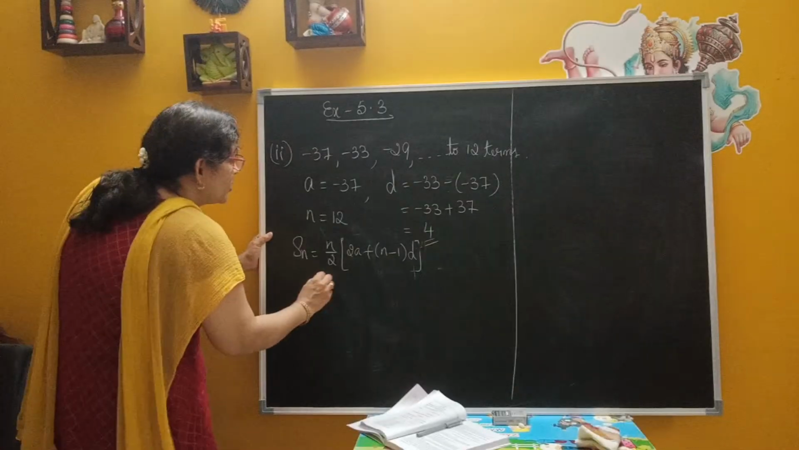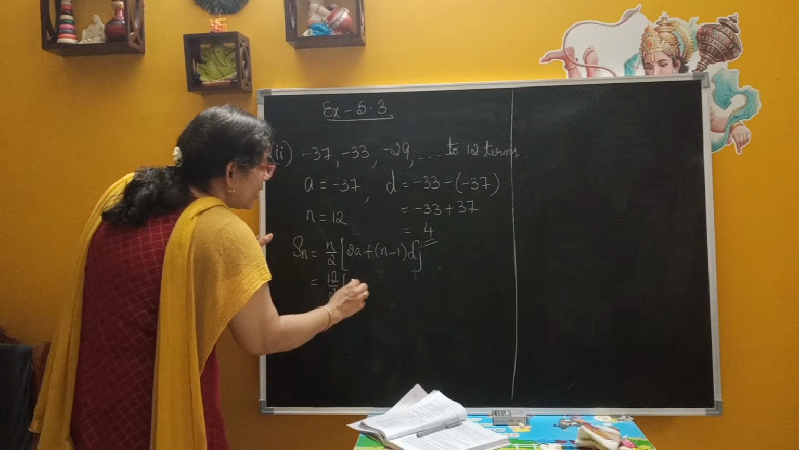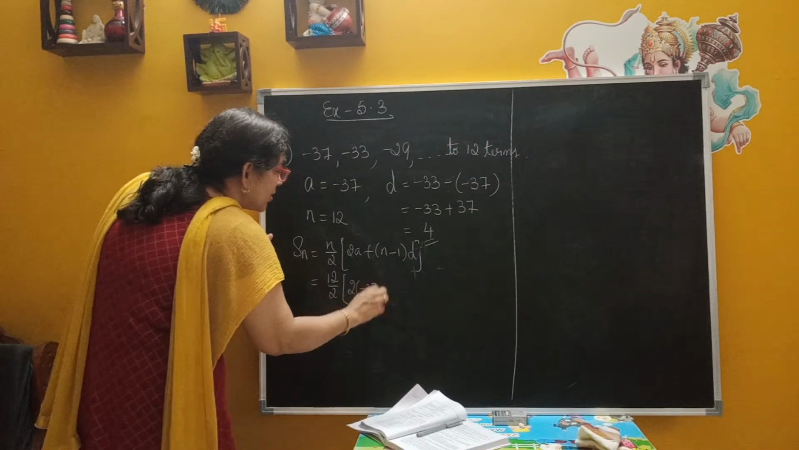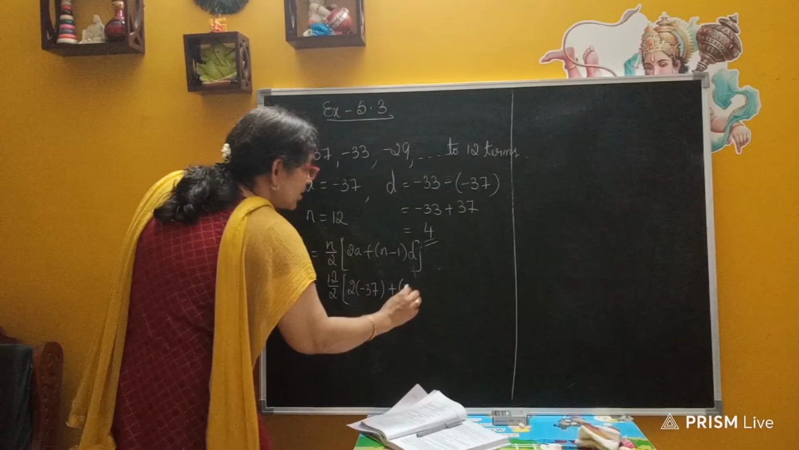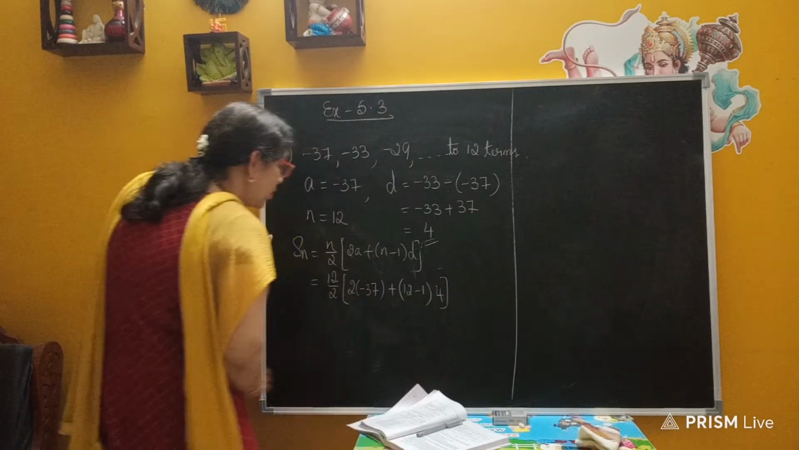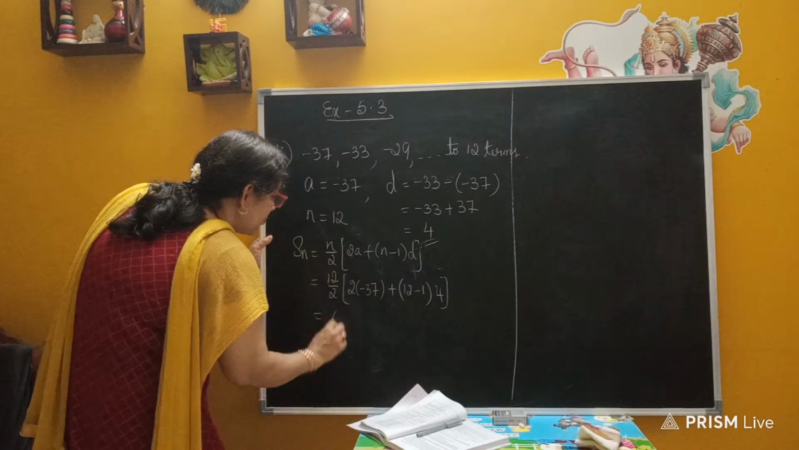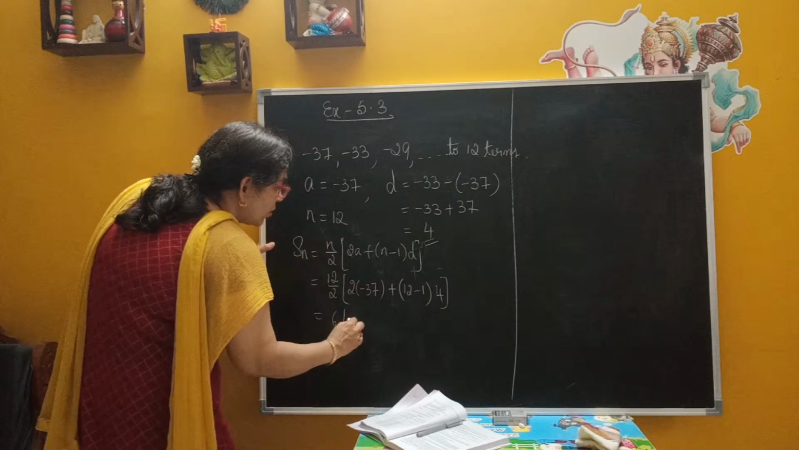So it is 12 by 2, 2a, that is 2 into minus 37 plus n minus 1. N value how much? It is 12 minus 1. D value how much? Plus 4. So 2 6s are 12, 6 into minus 37 into 2. What do we get? Minus